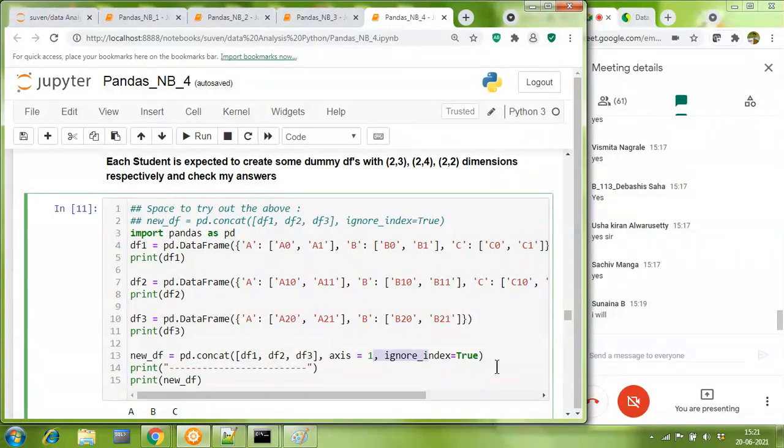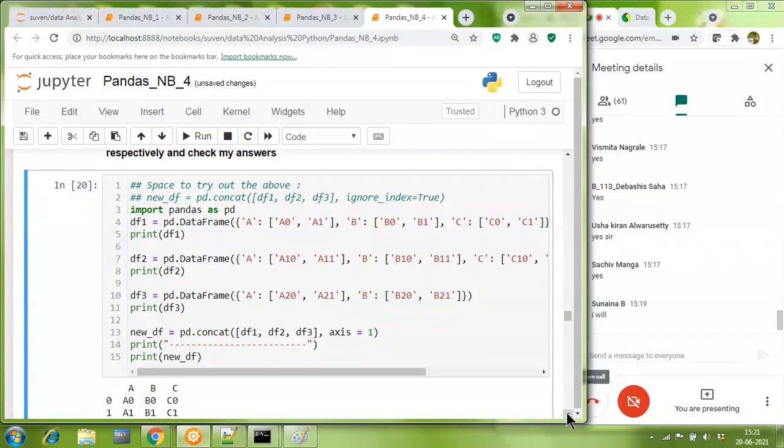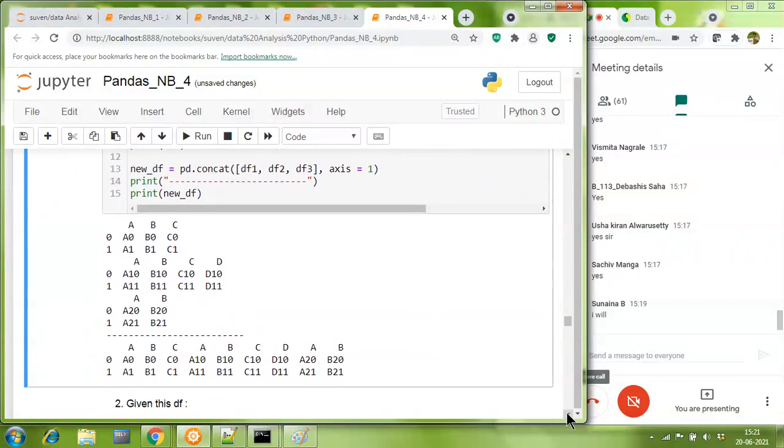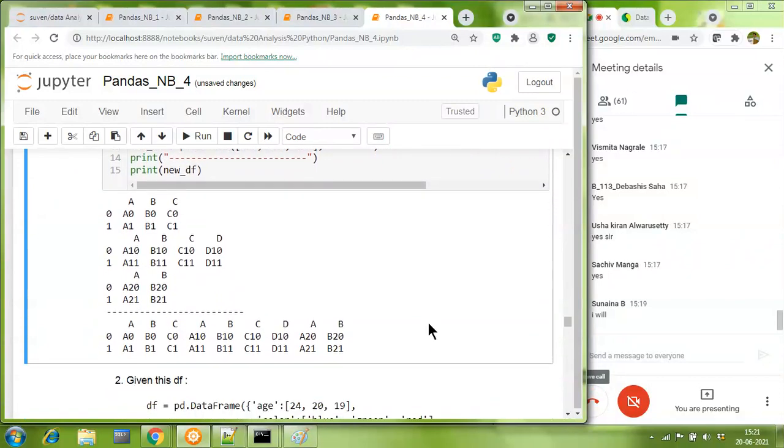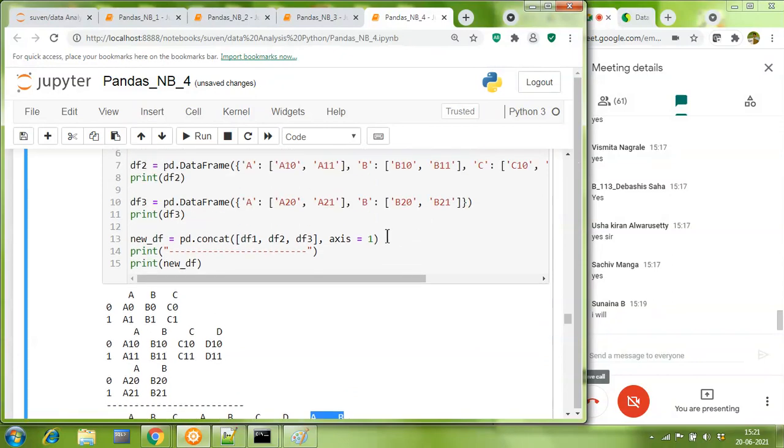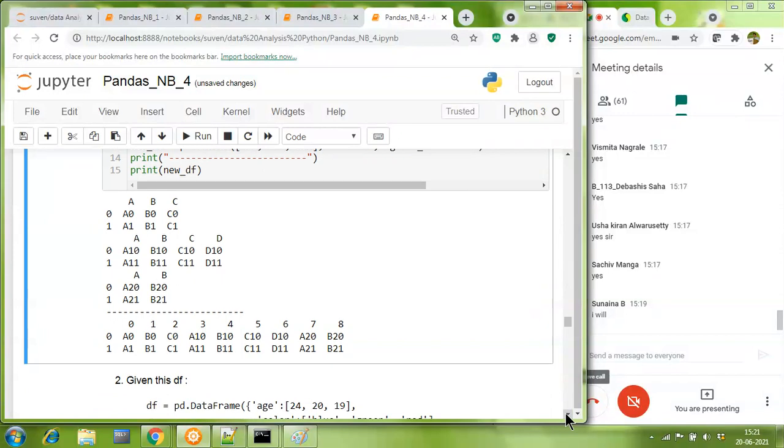Let me forget about ignore index for a minute, Srinath. So what I see here is first data frame, columns A, B, C, second data frame A, B, C, D, and third data frame A and B. Now, if I keep the attribute ignore index as true, then I get something different.